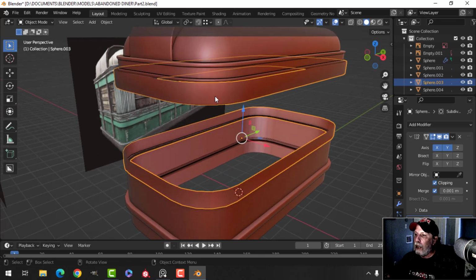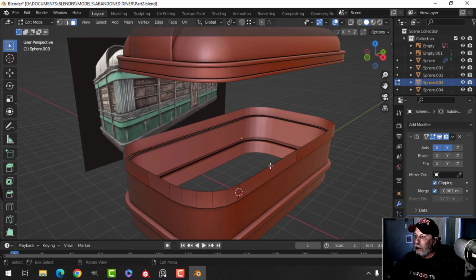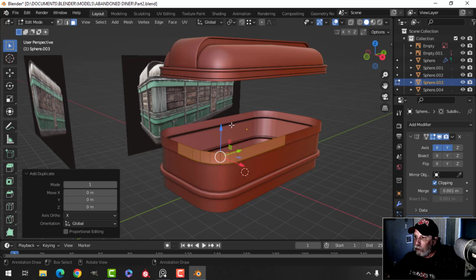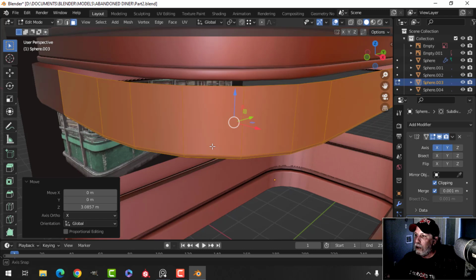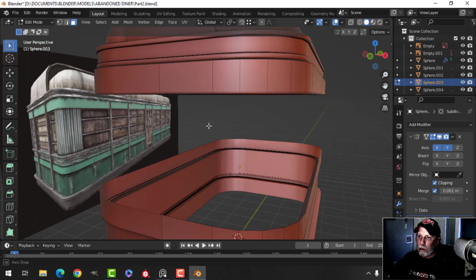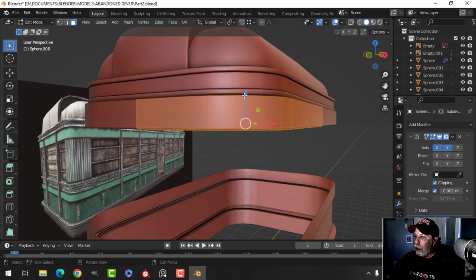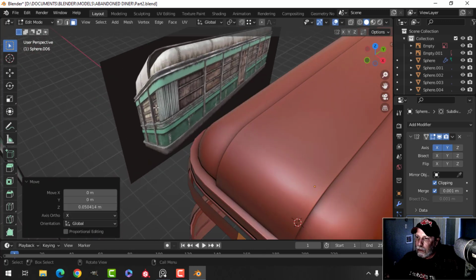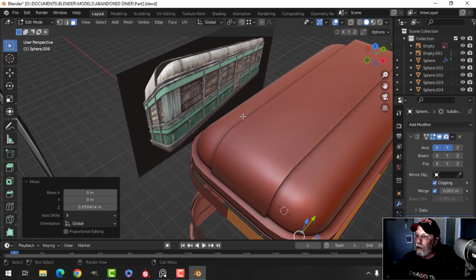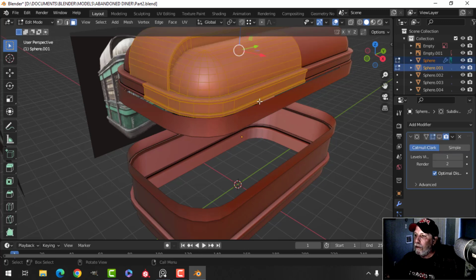And now that I've done that, I think I will come back here and get rid of that and take this one, Shift D to duplicate, pull it up because it's the same size. This one just pushes in. I'm going to break that out. All right, we'll get this. I'm going to push it up. It's going to have the bottom lip on it, like this, but it's going to go under that. So I'm going to make the roof part along with that